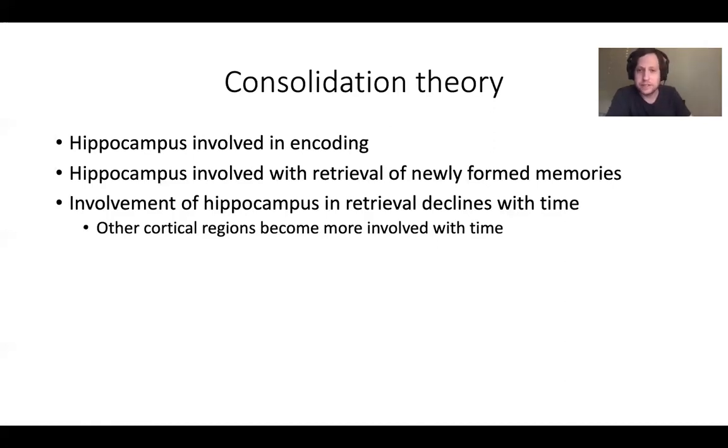The idea of consolidation is that a different set of brain regions, a separate neurocognitive mechanism, is important for retrieval of information 30 days or a long time after encoding a long-term declarative memory, compared to a short amount of time, 1 or maybe 2 days after forming a long-term declarative memory. In the brain, the hippocampus is important for retrieval after a freshly formed memory. But if you look at what brain regions are important 30 days later, after the memory's been formed for a long time, it tends to be what I'll just kind of vaguely call outer cortical regions.